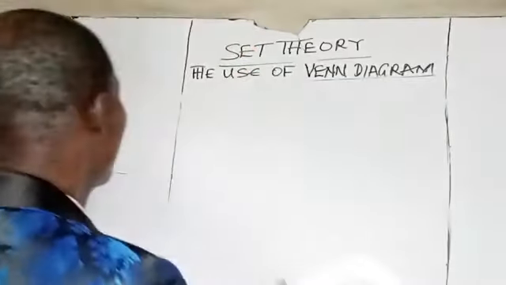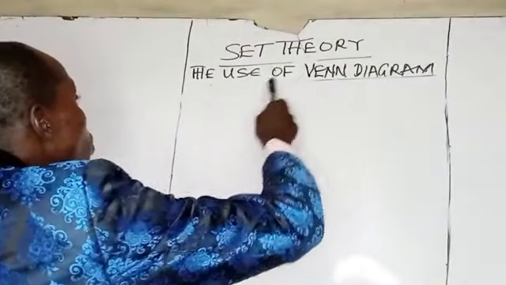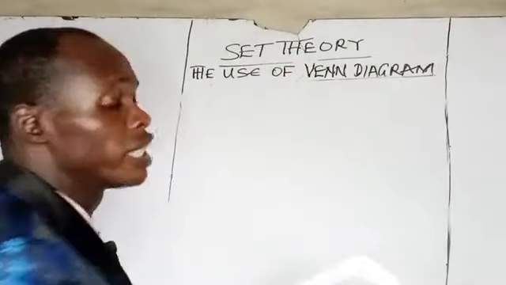In this lecture, I want to examine how to use the Venn diagram to solve set theory involving three different